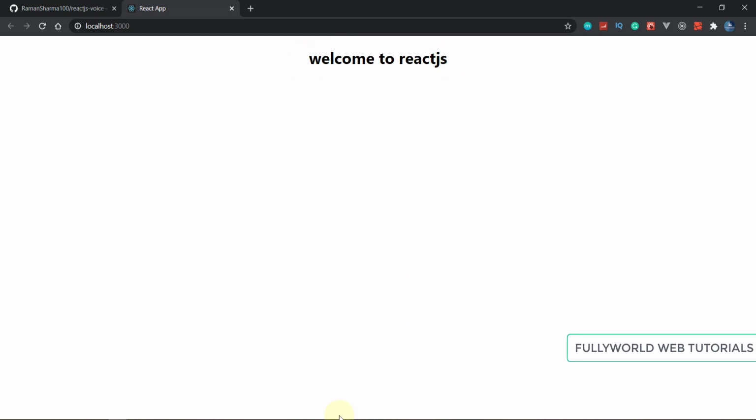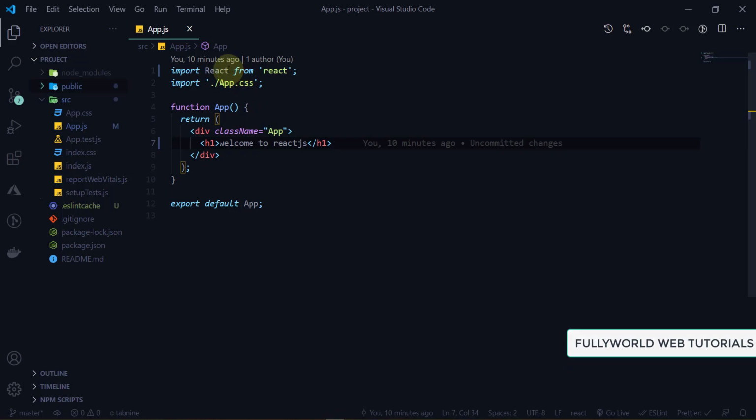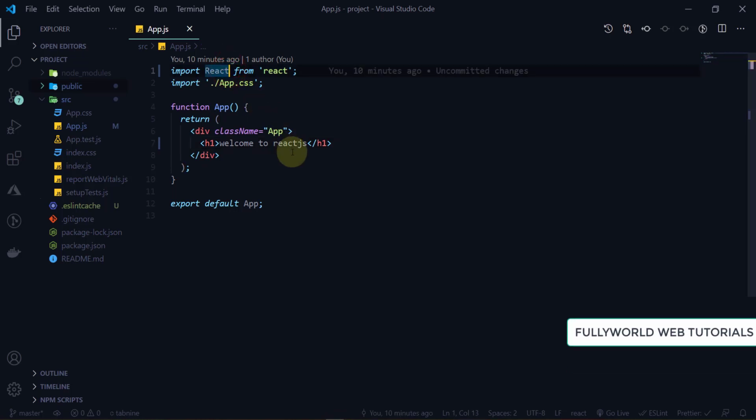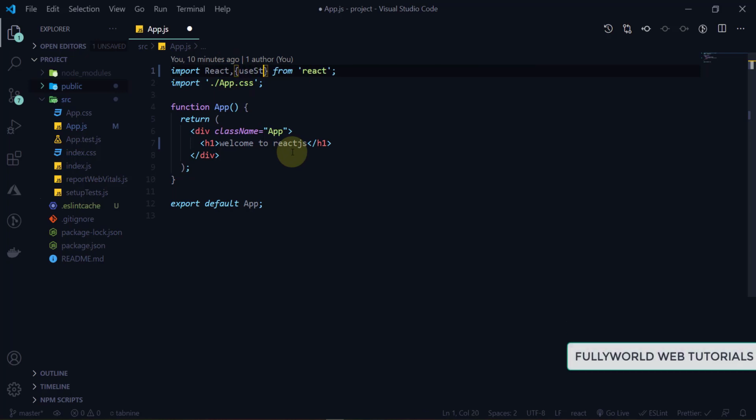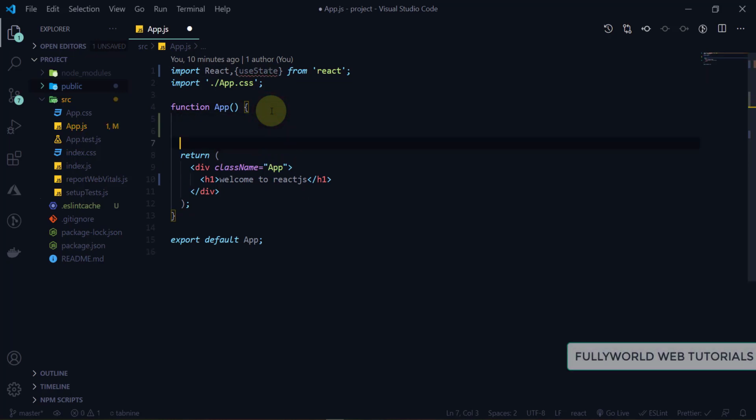Now first of all, let's set up our interface here. To set up our interface, first of all we need 3 state hooks. I'm going to write the useState hook, and we need 3 states. The first state will be our text. It will tell the user whether you have started the recognition, you have stopped the recognition, and at what point you are. So first there will be our text hook, and here I'm getting one tuple, text and setText, from the useState hook.